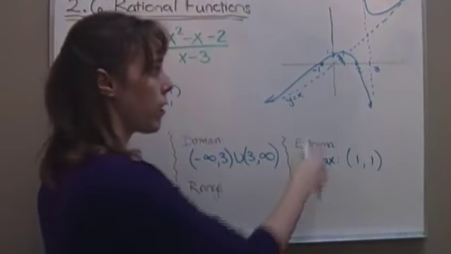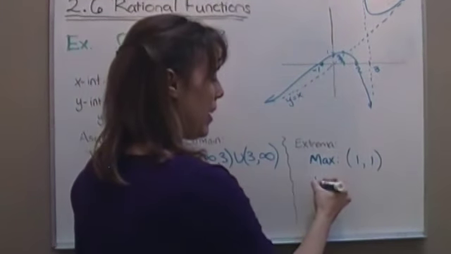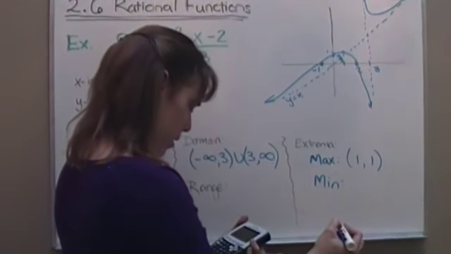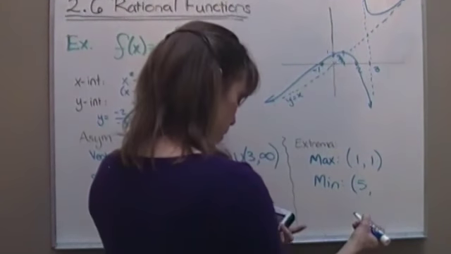It looks like there's a max at 1, 1, so I redrew my graph to look nicer. And it has a min at 4.99999, I'm going to call that 5, because if I round anything, I get 5,